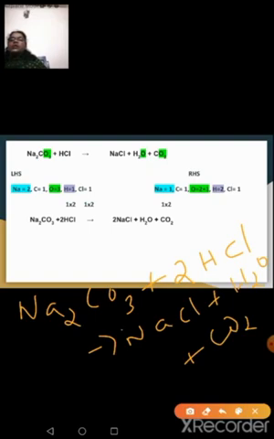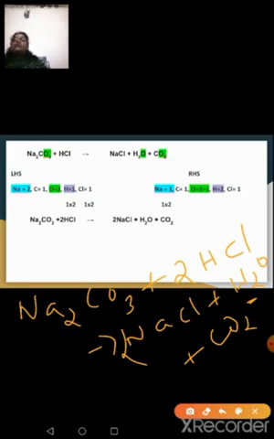Now when I put a 2 here, your chlorine is also becoming 2 there. Now hydrogen is also 2 on this side on your RHS. So on the LHS also, by putting a 2 there, hydrogen is also becoming 2. Oxygen on both the sides is equal to 3. Your carbon on both the sides is equal to 1. And your chlorine, we have already done that. Both the sides becoming 2 now. So now the equation is balanced.